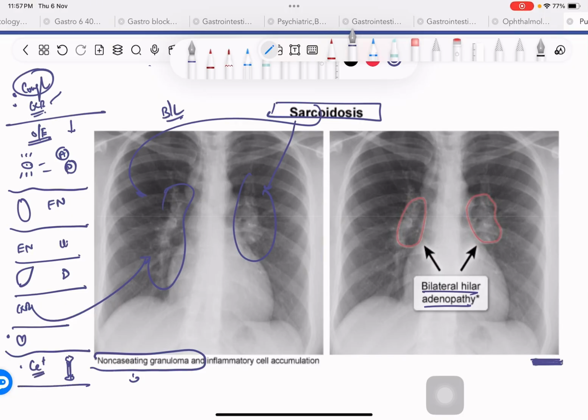So these are the things that you really have to rule out. We know that there was a mnemonic, what each letter of sarcoidosis stands for. So you pretty much make those diagnoses. So what could be the differential? Differential could be,